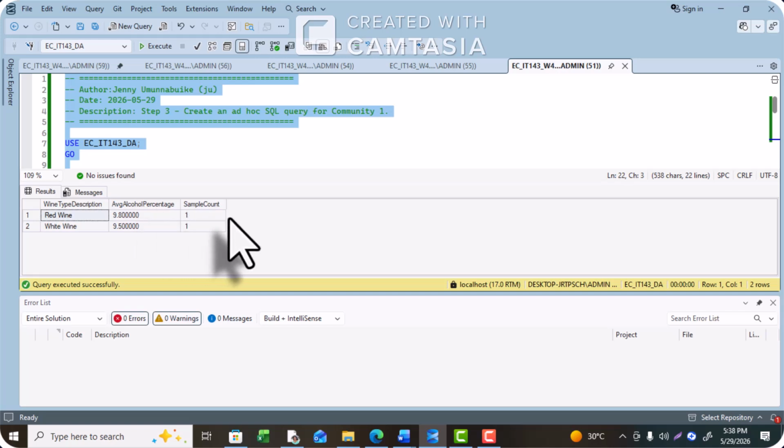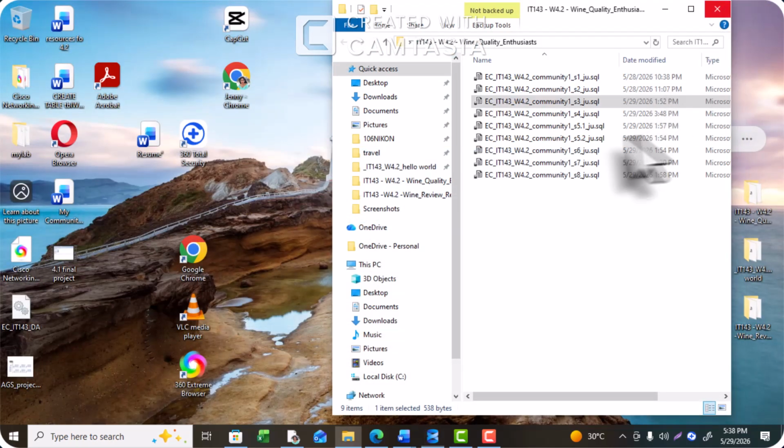The raw baseline results popped up instantly in the grid, displaying an average alcohol percentage of 9.8 for red wine, and then 9.5 for the white one, giving a sample count of 11. So this proves that our logic worked perfectly. Moving on to